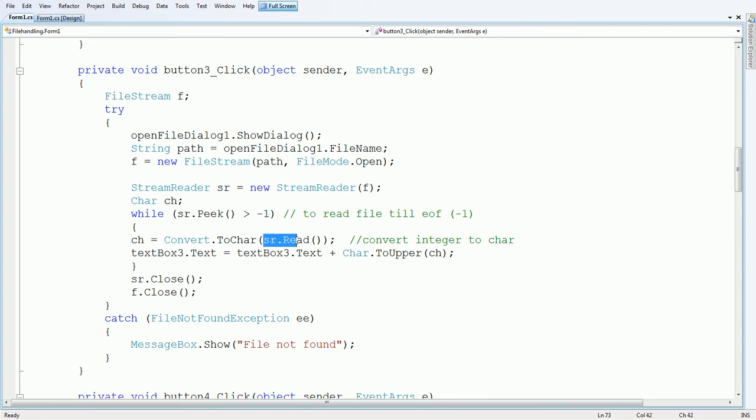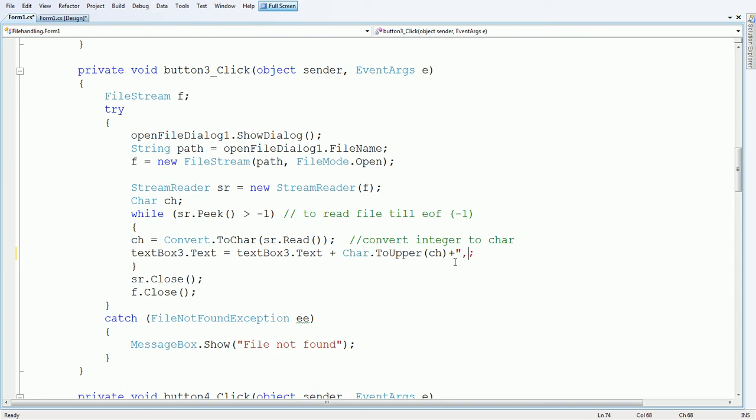You have to typecast it because by default, whenever you read a character from a file, it is in integer format. So let us convert it to character format and concatenate it character by character to the text box. You can also use some separation.